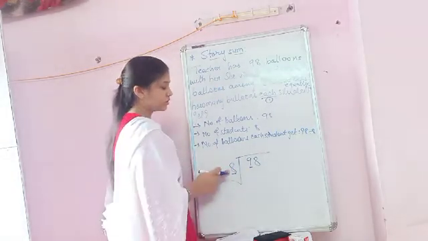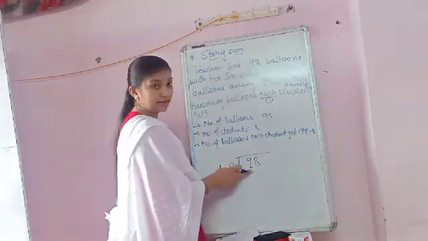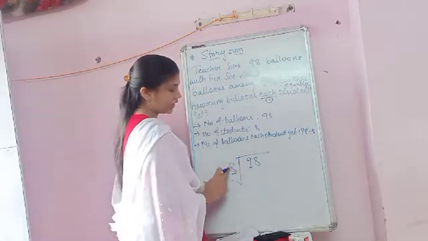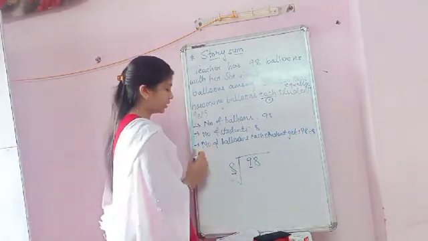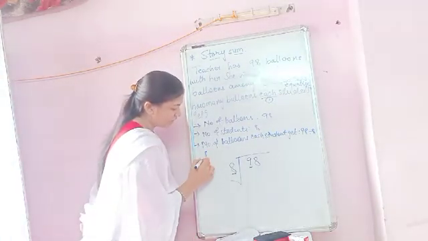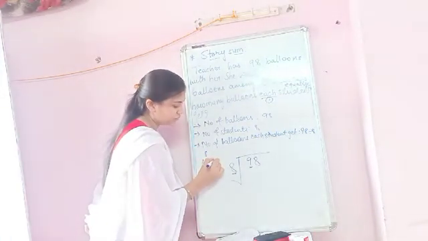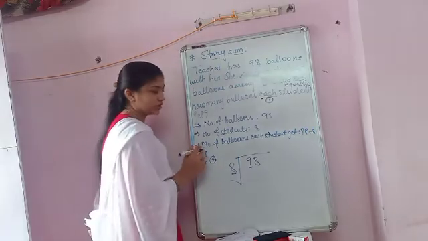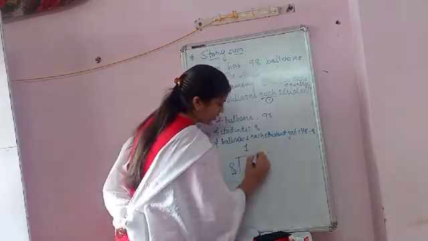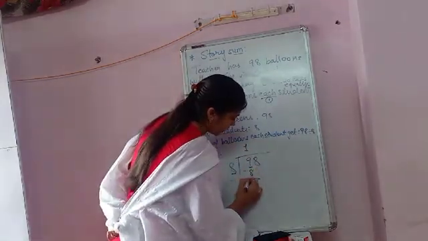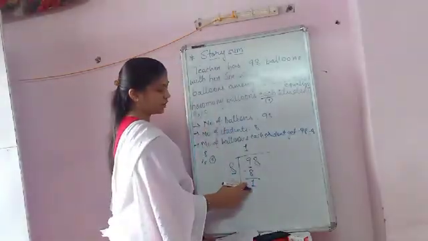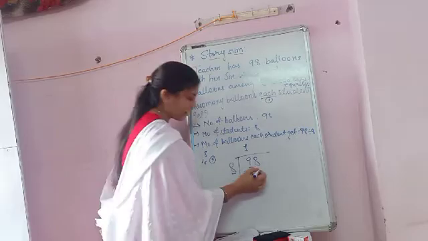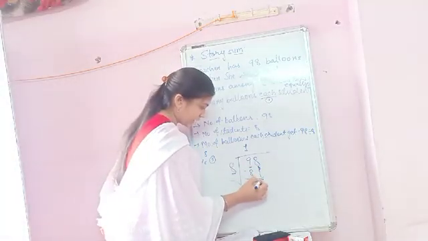Comparing is the first rule. 8, 9. 9 is larger, so we can do the division. 8 ones are 8, 8 twos are 16. So between them there will be a 9, so we have to take the smaller number. 8 ones are 8. 9 minus 8, there will be a 1. 1 is the smaller number, so we have to drop down the 8 below.